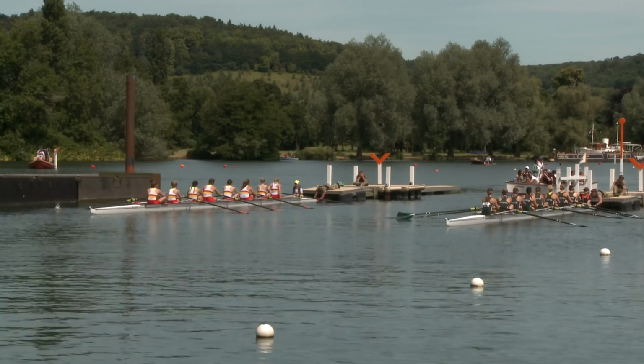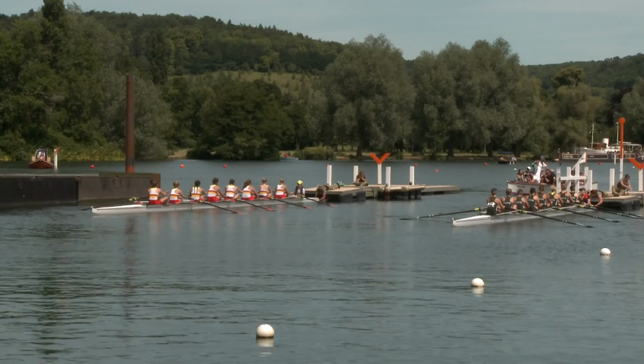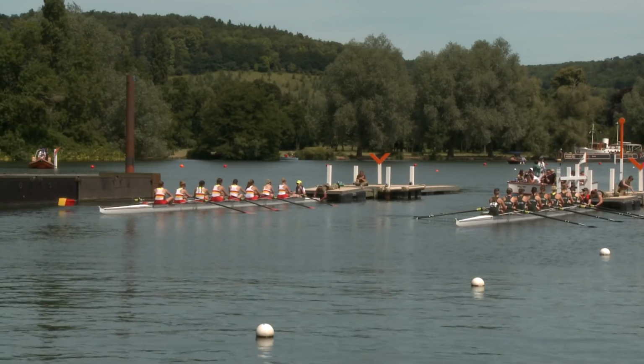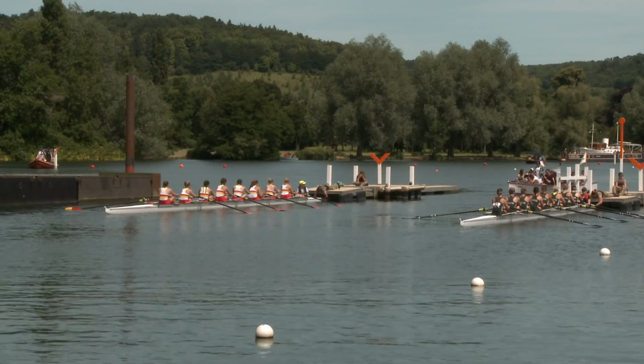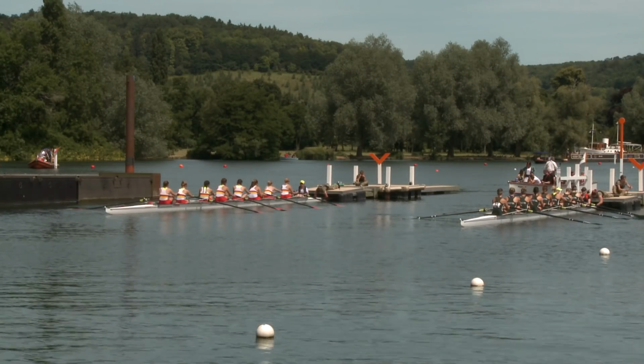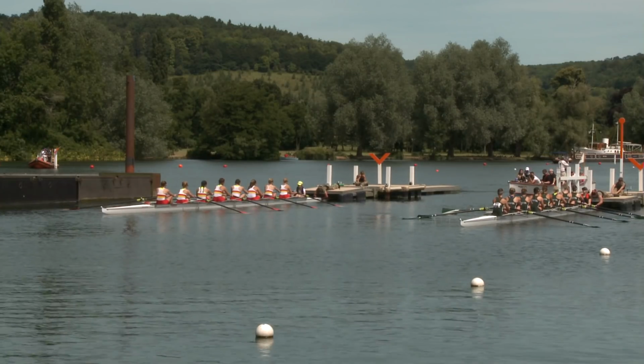Just got another result to bring you all for race 331 in the Aspirational Academic 4s. That was, of course, won by University of London. They beat KSRV Njord of the Netherlands by 1.5 lengths in 5 minutes and 7. So Shane, that could have been a really competitive race. Of course, the Netherlands crew